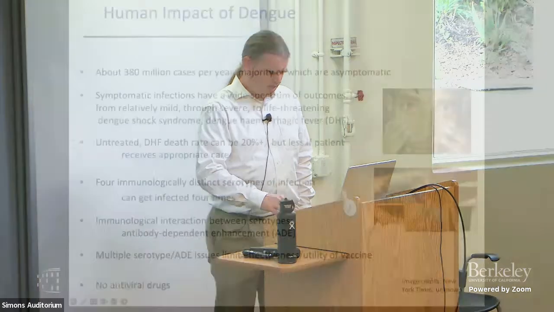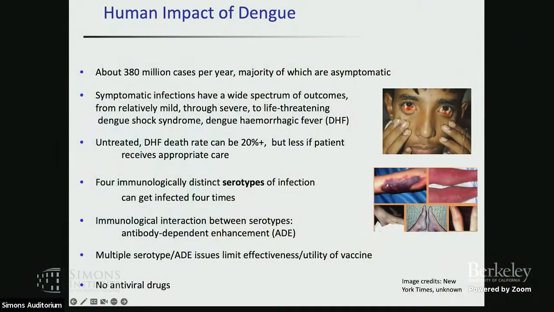So dengue virus, so dengue is a mosquito-borne disease, and it's the most important mosquito-borne viral infection of humans. So it's a long way behind. Disease modelers like to count their importance by how many deaths or cases their infection of interest relates to. So, dengue virus is a long way behind malaria in terms of its number of deaths it causes, but it causes a large burden of disease.